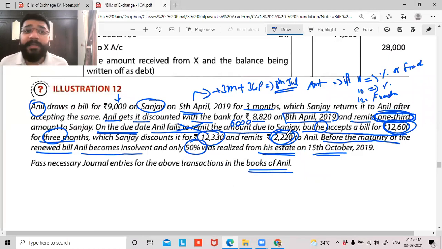Now, guys, in illustration 12, I would want all of you to record the journal entries in the books of Sanjay. And in illustration number 10, I want you to record the journal entries in the books of Y. So these two are homework, guys. In illustration number 10, X and Y, both you have to submit. And in illustration number 12, you have to submit Y's account. Can you do that? Yes, sir. So technically, guys, we come to the end of the accommodation of bills concept.